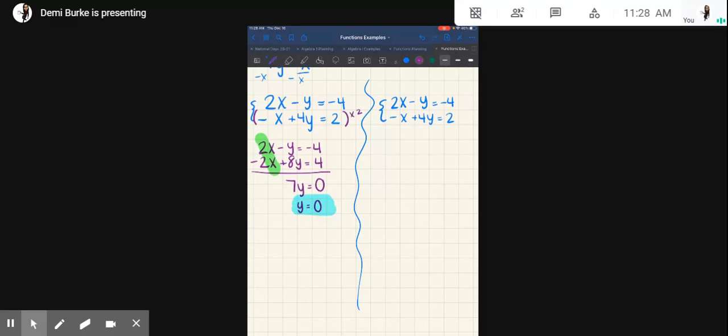Or, I know you like elimination sometimes with the y's. We could do, in this case, we're going to multiply the top equation times 4, which gives me 2 times 4 is an 8x minus 4y equals negative 16. This time we're going to be getting rid of the y's, so keeping our original equation, negative x plus 4y equals 2. If I were to add straight down over here,